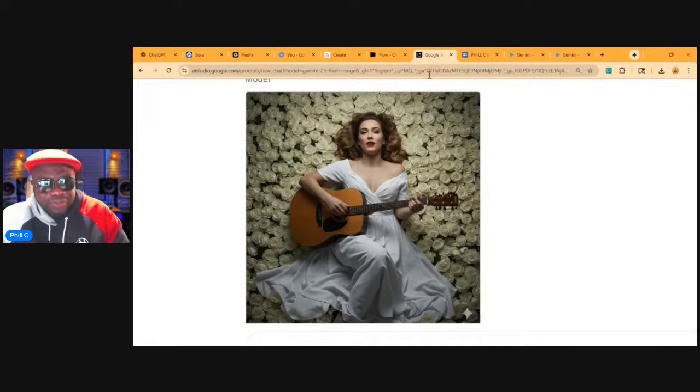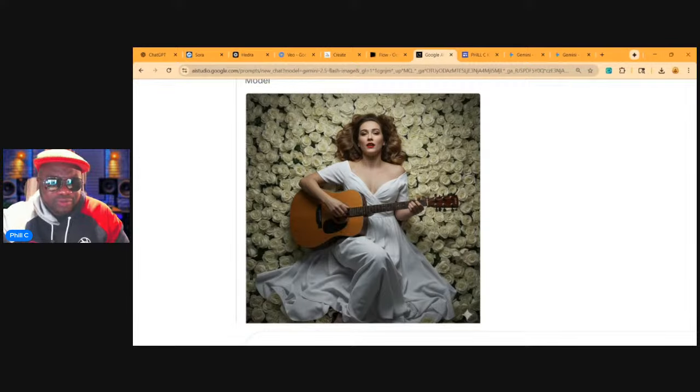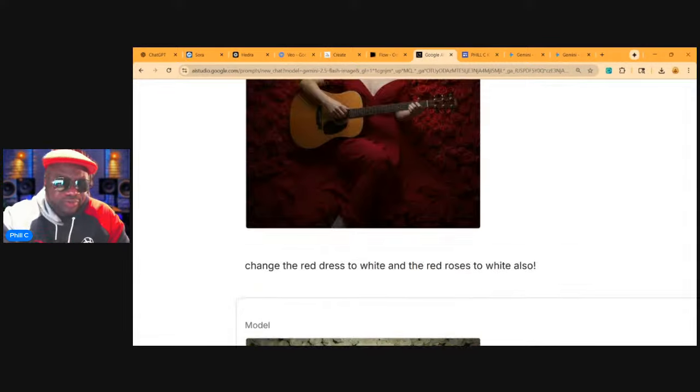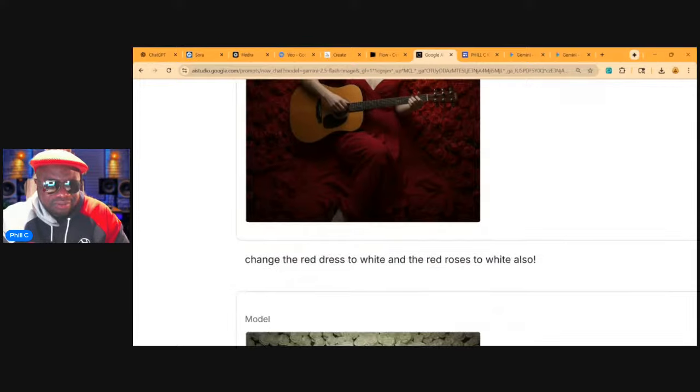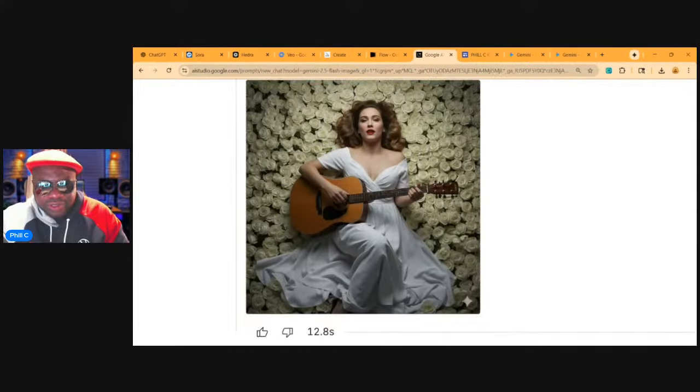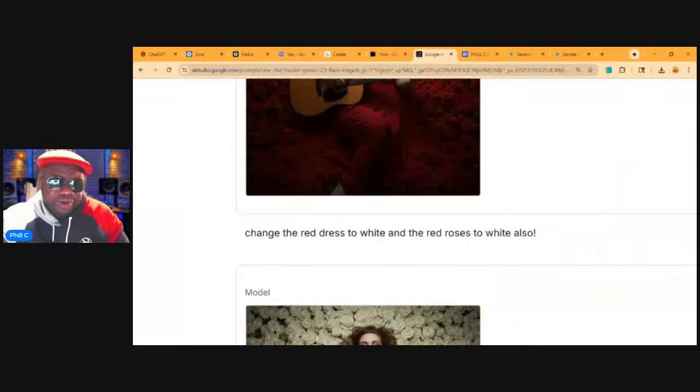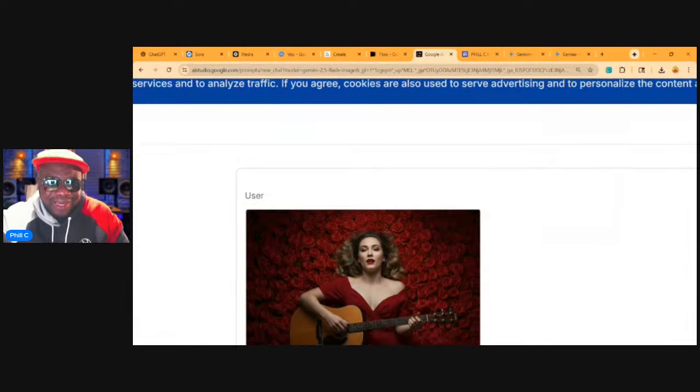Don't forget Nano Banana can be used to modify your images. So we went from a command from this, make it all white roses and stuff, which can be very helpful when you're in a bind and you're trying to edit.